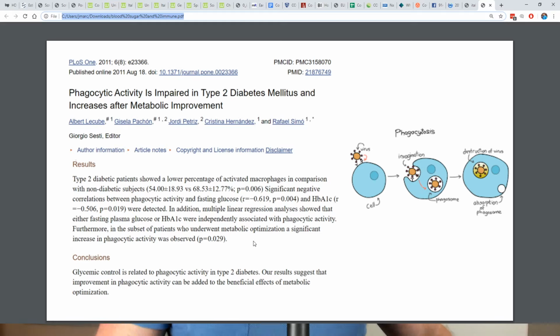optimization. So, man, these people in research, they just try to say things that could be said with so few words. It's like, who is it? Was it Mark Twain? Brevity is the soul of wit. What this guy is saying is, if you get your insulin and your blood sugar under control, you've got a stronger immune system. Why can't he just say it like that? Man, it's like speaking a different language. So blood sugar, insulin under control, stronger immune system.